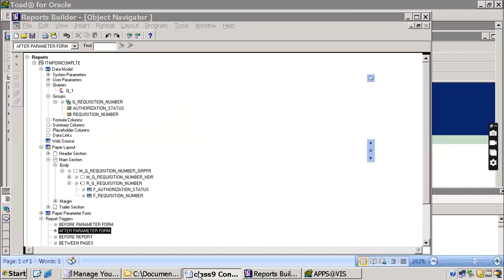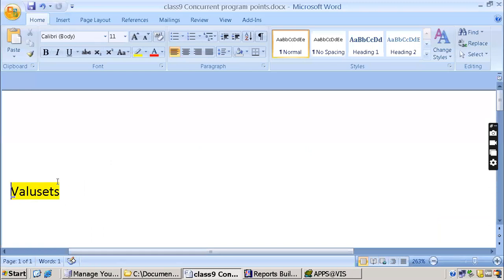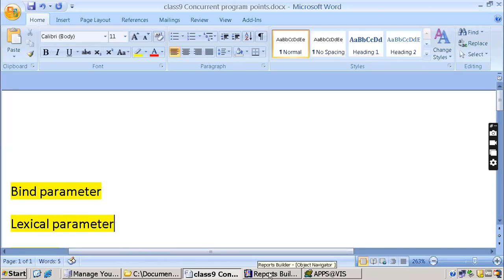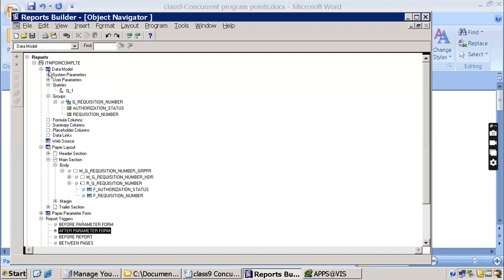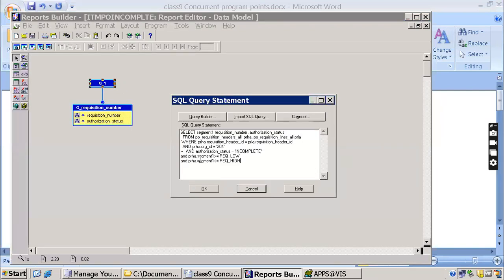As of now, we talked about bind parameter. Prior to value set, we discussed bind parameter. Now, there is another concept here, lexical parameter. So what we can do, whatever the condition is there in this from clause,